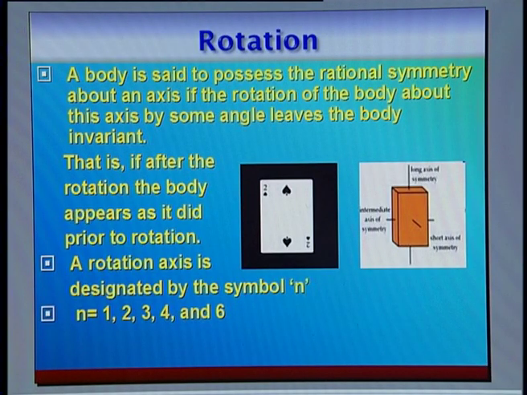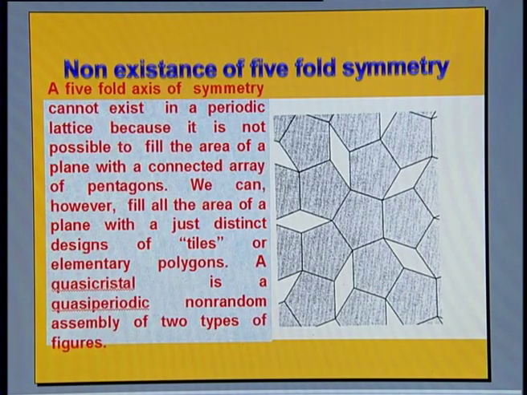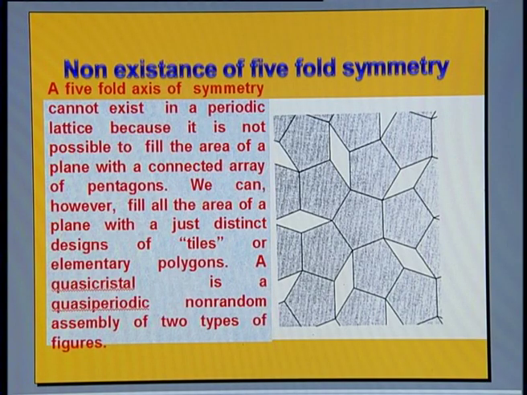but not 5. The reason for this is a polygon having 5 sides, because all crystals should satisfy not only the point symmetry operations, but also the translational symmetry. Translational symmetry means that when I translate a unit cell, the whole space must be filled up without leaving any gap in between. Whereas if you take a 5-fold polygon in 2 dimensions and translate it, you can see that these polygons are not filling up the gap completely and there are some empty spaces in between.